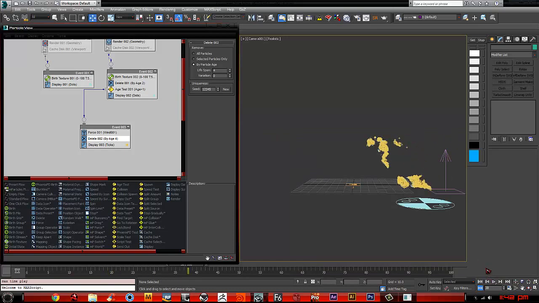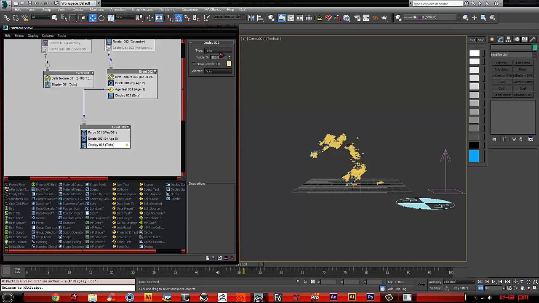Just a little motion here, and what I want to do is apply spawn to this motion particle here. Let's raise this one up a little bit. I'm going to change the display to dots,